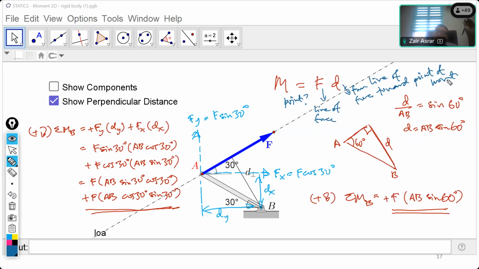So the magnitude of the moment in 2D will be equal to the force magnitude times distance magnitude. So basically that's the idea here. It doesn't matter whether you want to find the perpendicular distance or you want to resolve the force along x and y. In the end of the day, it still boils down to moment equals force times perpendicular distance. So your force can be the x and y components of force, or the resultant force F times the perpendicular distance. Either one will do.